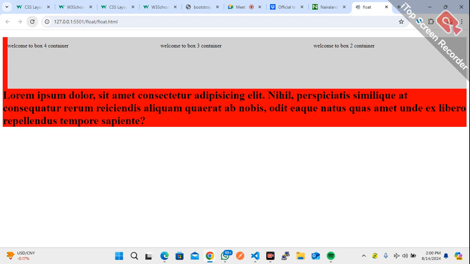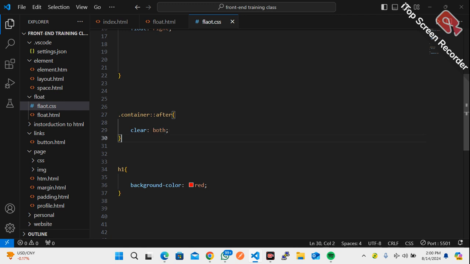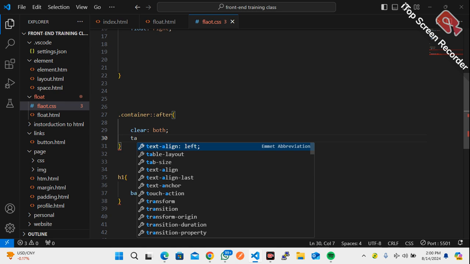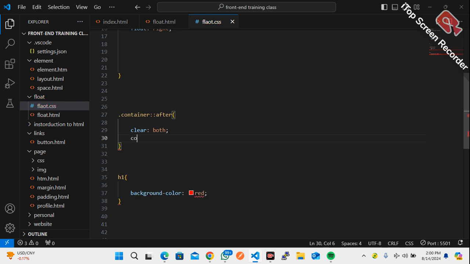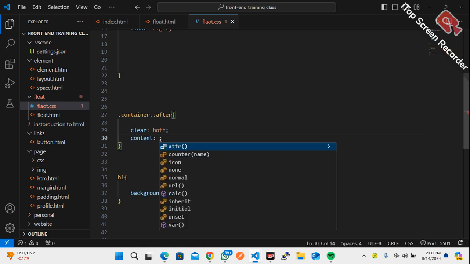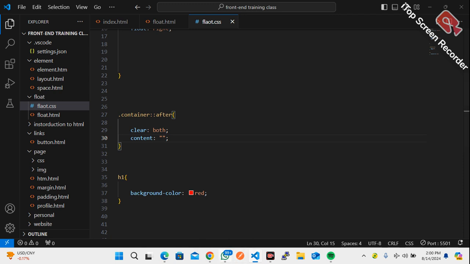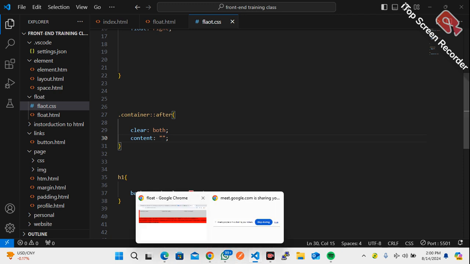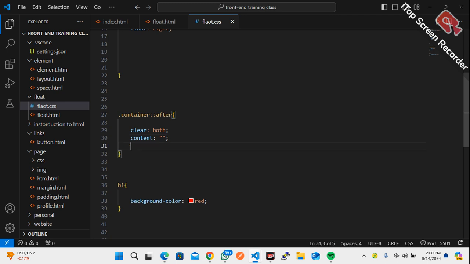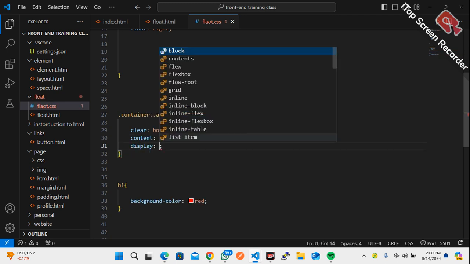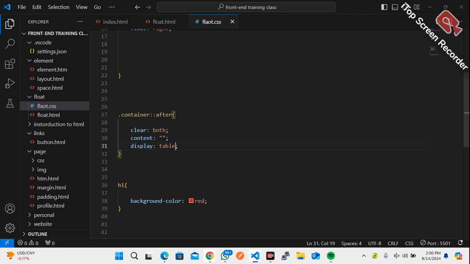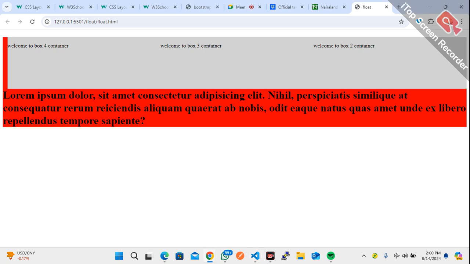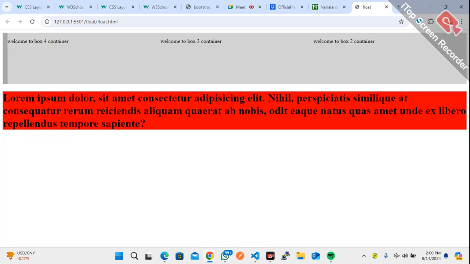Now, in order to want the browser to automatically adjust the size of our boxes by themselves, without us always coming back to do it, and also make sure that any available space will be adjusted so that it will fit our float element,